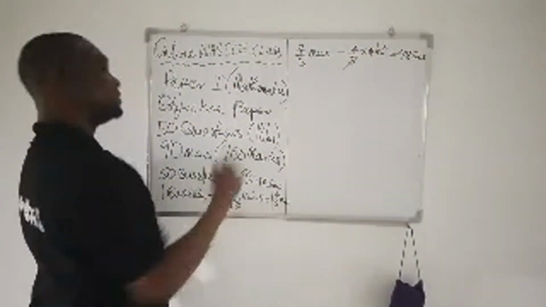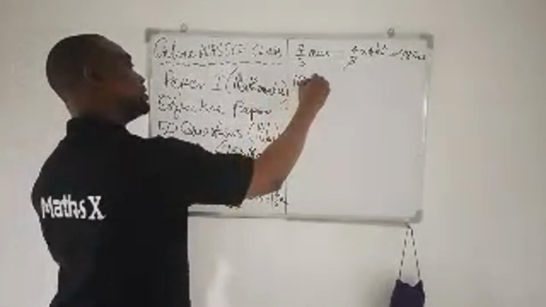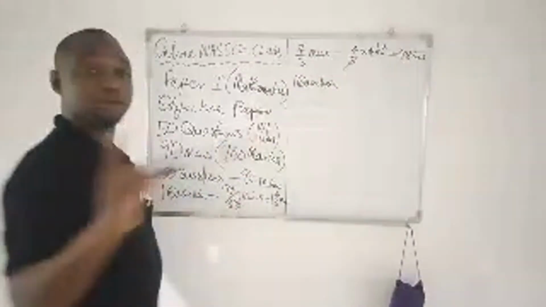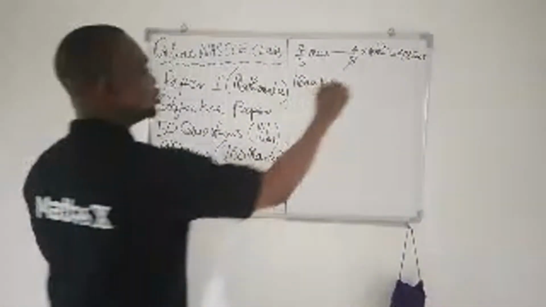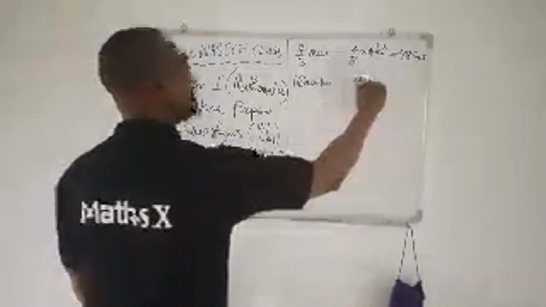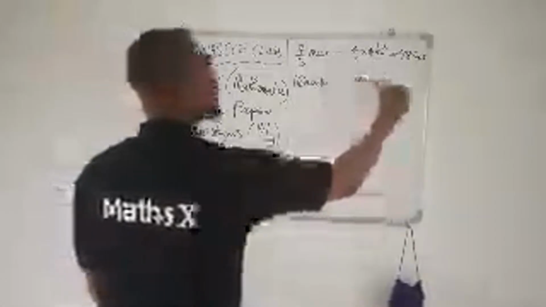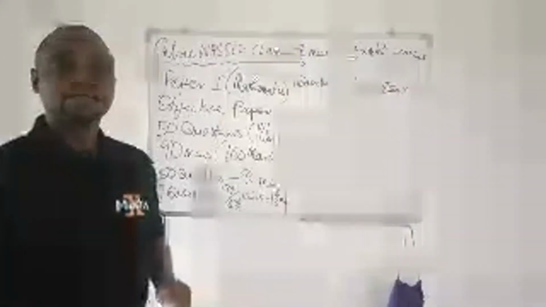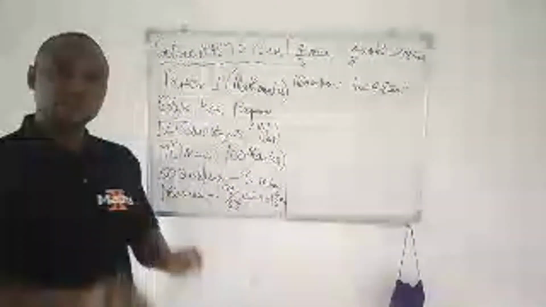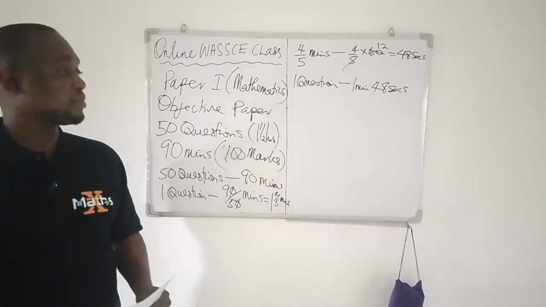So meaning that one question, my dear students and viewers, every question on your paper one, do not spend more than 1 minute 48 seconds. That is less than 2 minutes. So for every objective question, my dear students and viewers, that you are solving,